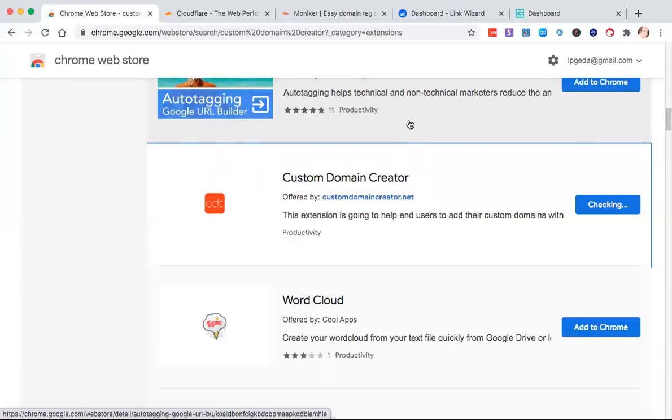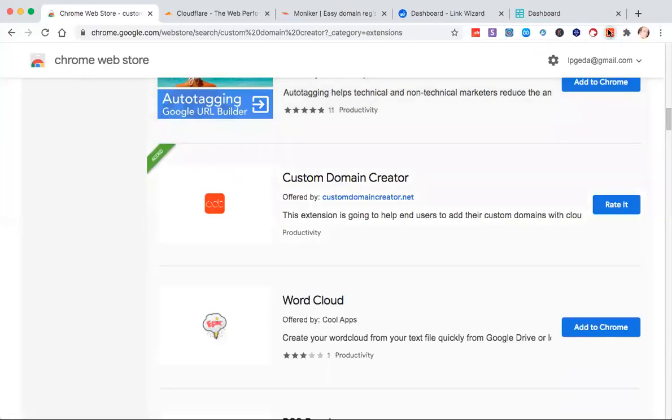and then give it a moment. It'll take a second. And up here, you'll see custom domain creator has been added to Chrome. So it's in there. That is how to